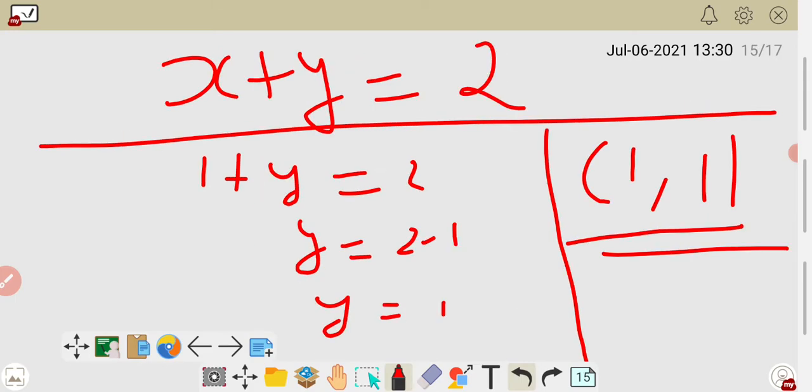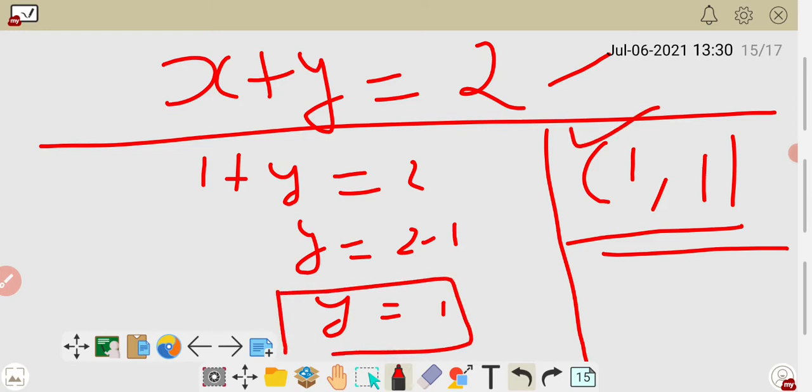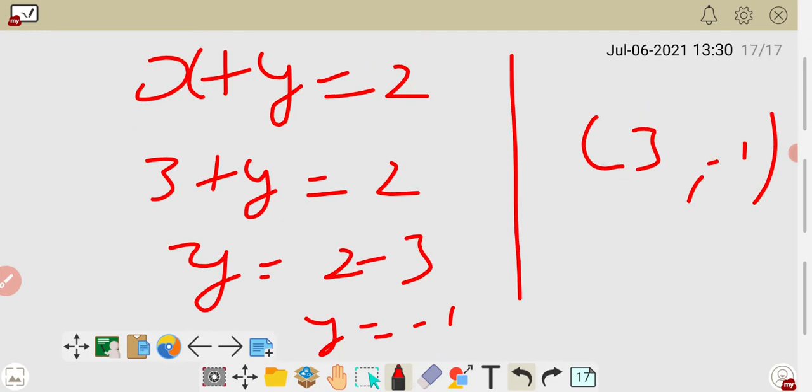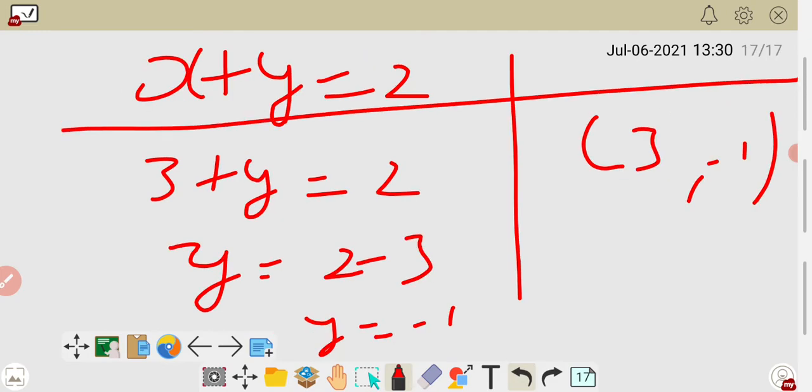Now I am showing you three values for the same equation, x plus y is equal to 2. When you take in place of x 1, you get the value of y also 1. When you put these two values together, x and y, they are known as the solution. So you get one solution here. Same equation, in place of x you take 2 now, so you get y is equal to 0. This is the second solution. For the third, in place of x you take 3. When you solve, you get y is equal to minus 1. So it is also the third solution.